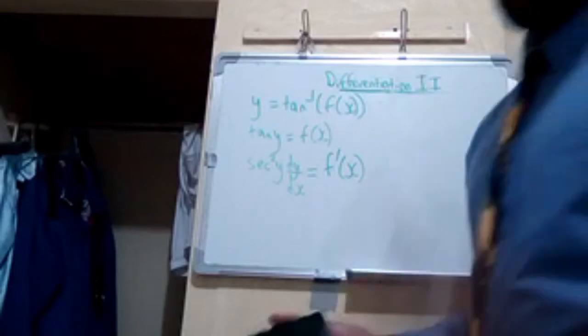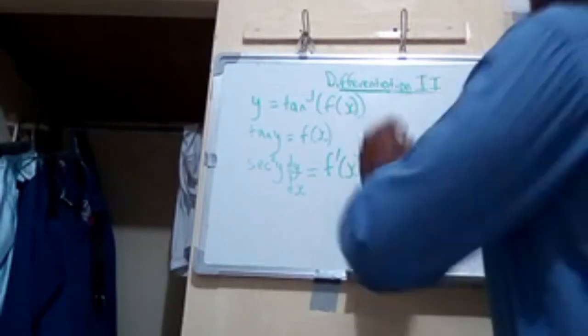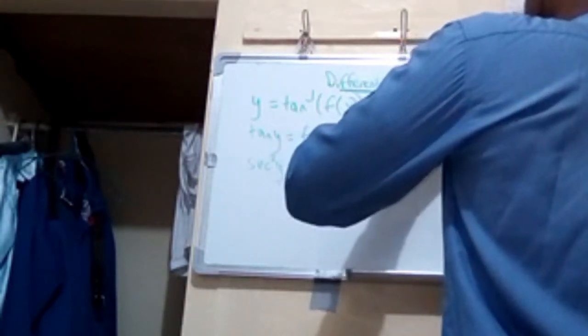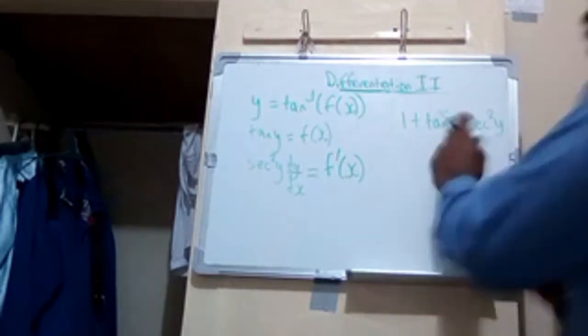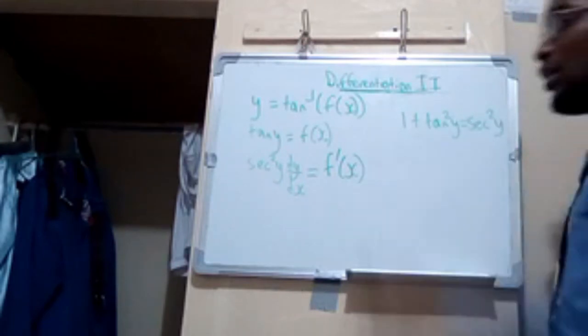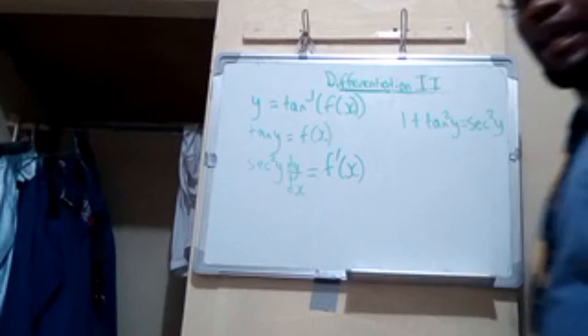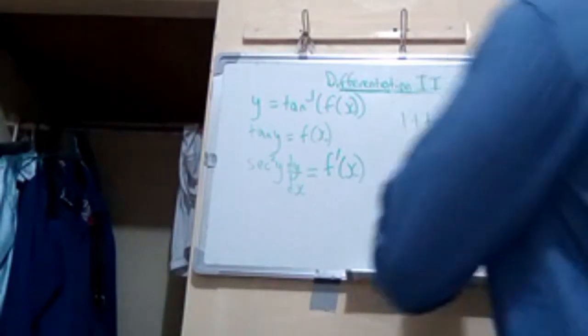Now, here's the key thing. We have to recall this identity: 1 plus tan square y is equal to sec square y. We have to recall that identity. Now, since 1 plus tan square y is equal to sec square y, what we then have is